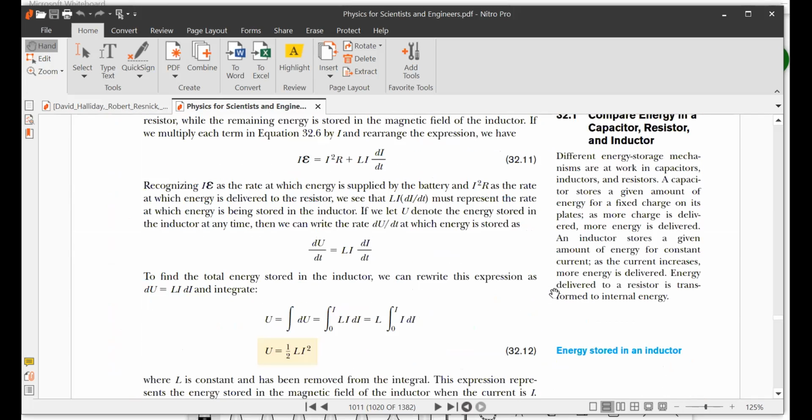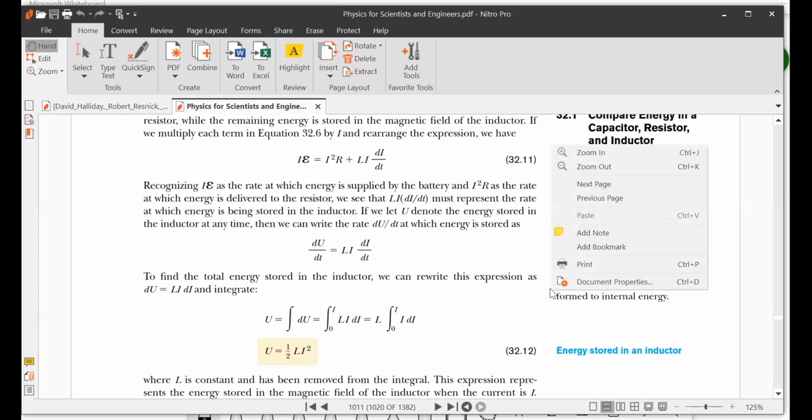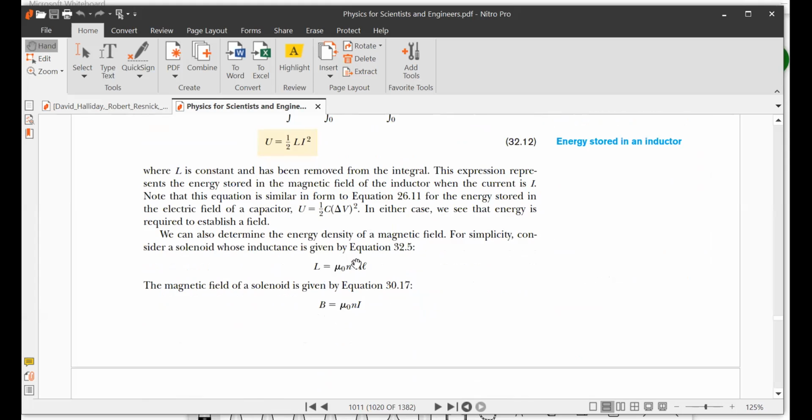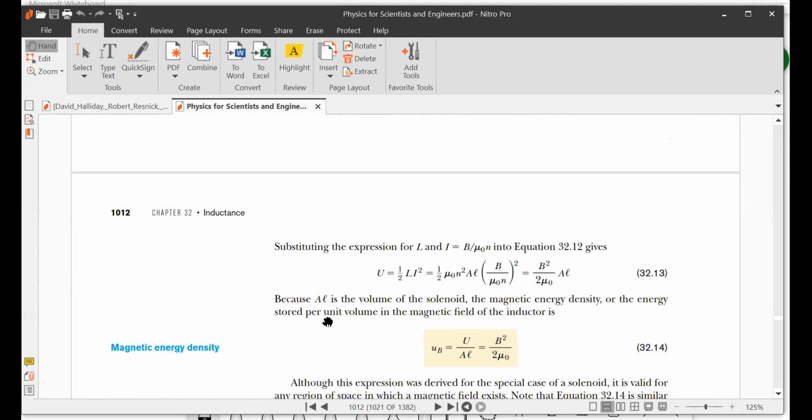Kemudian ini energi pada induktor. Nah energi pada induktor itu ada, lihat di 32.12 ya. Itu adalah setengah LI kuadrat. Oke. Jadi kalau Anda masukkan L itu apa, dengan I, L itu adalah ini, dengan I itu adalah ini, B per mu 0 dibagi N kecil gitu ya. Itu kan Anda dapatkan di sini, U besar itu sama dengan B kuadrat per 2 mu 0 kali AL, dan